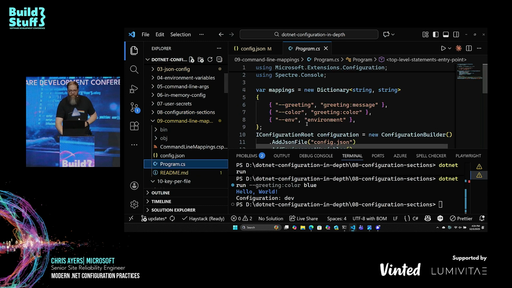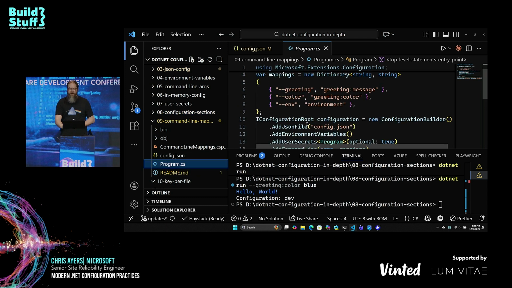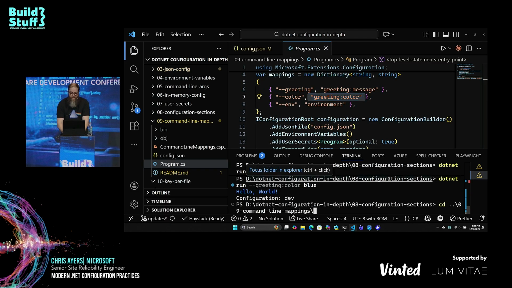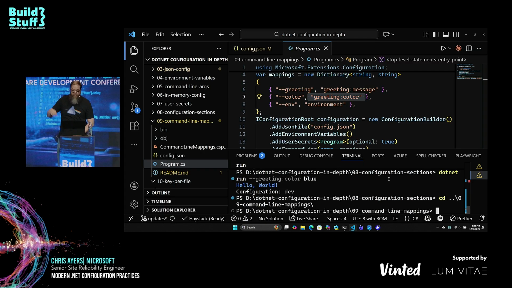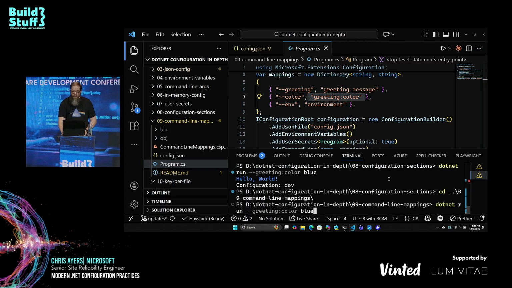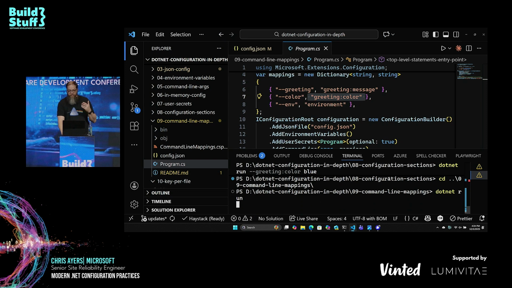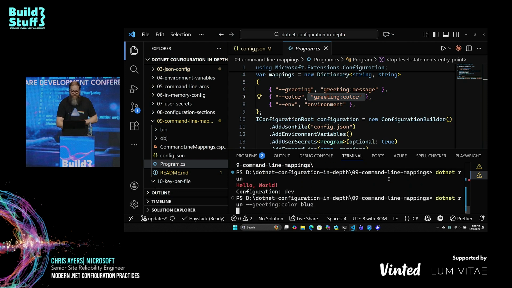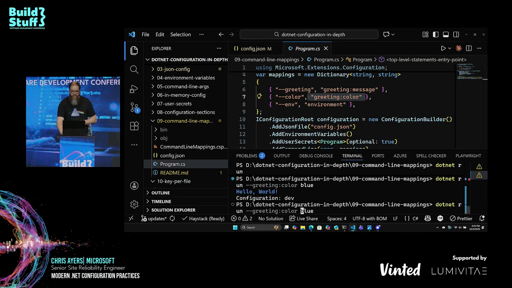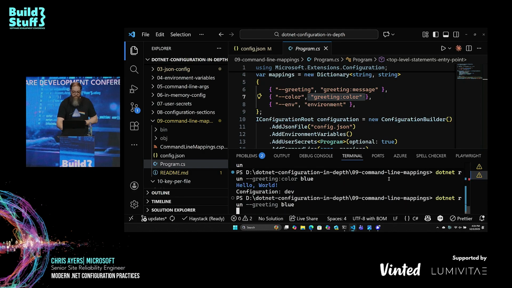Now, what about, I hate doing that colon thing. I really don't like having to access nested properties, and I want a quicker way to do it built into .NET. There's lots of libraries out there that will help you do command line parsing, but it actually already exists out of the box. You can provide an array of mappings, and so before where I might need to do --greeting color blue, now I can actually, with the mapping,